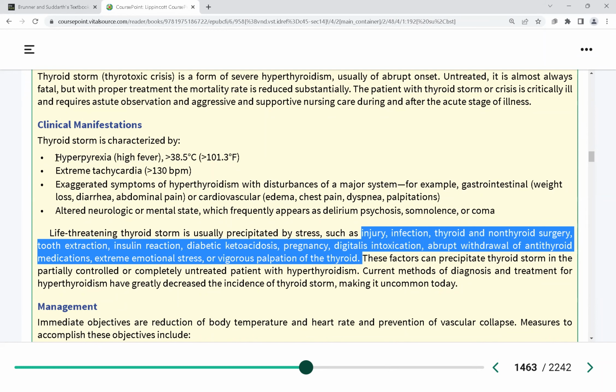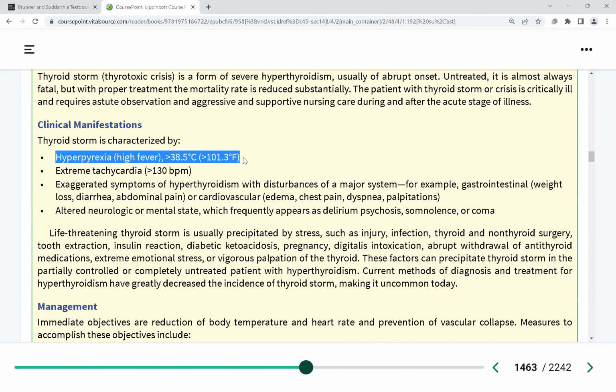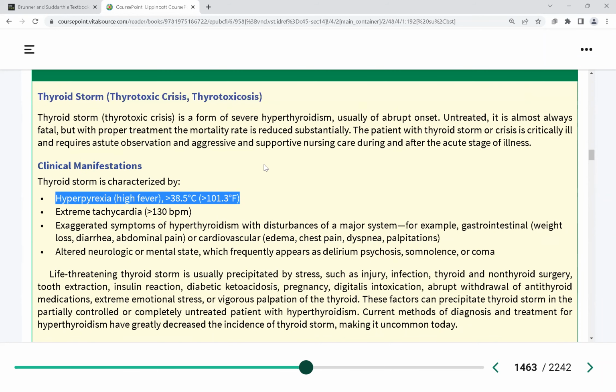Will you check the temperature? Yes. And the warning here is if the temperature rises by even 1 degree, doesn't have to be fever. So let's say my initial temperature was 97. If it increases to 98, could that be thyroid storm? Yes, it is. Again, if the temperature rises by even 1 degree, that could be an early sign